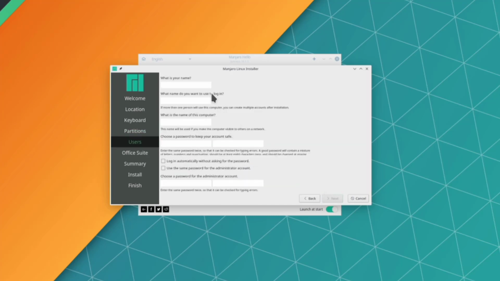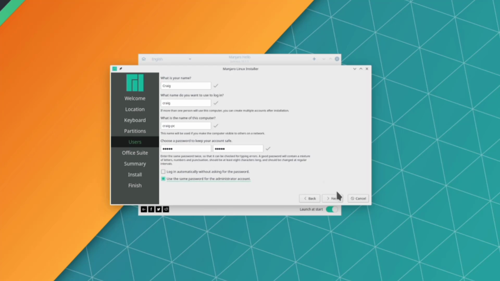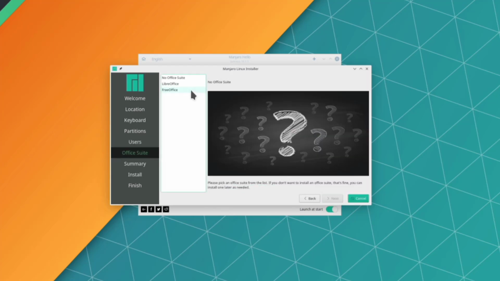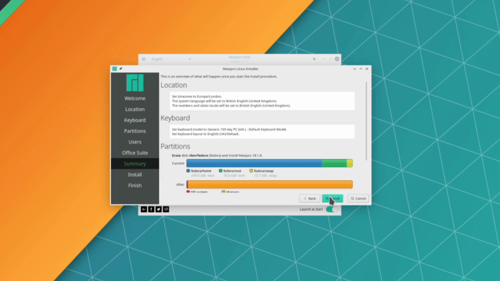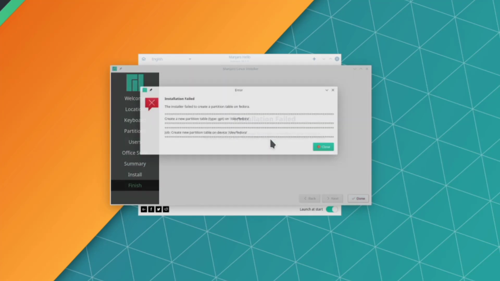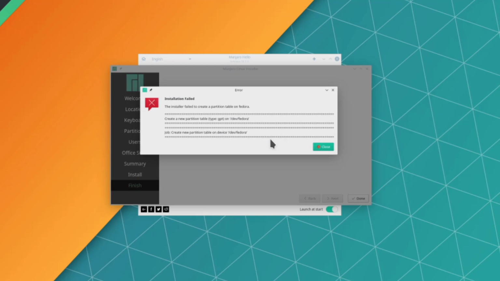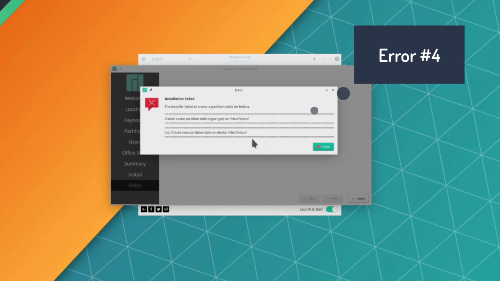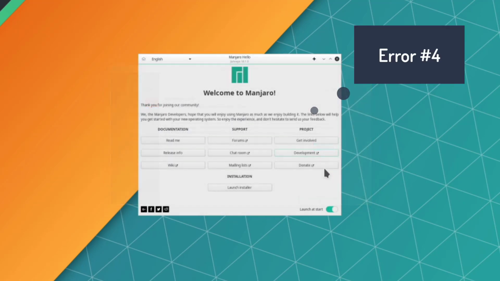I just want it to do that. I'm going to stick my name in there, I'm going to stick my password in here. I want it to be the same password. Next. We'll go LibreOffice again. Next. Install. Install. No, it doesn't like it. Okay, so